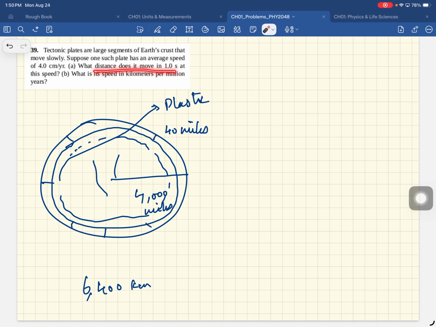All right, so they give you this radius. And so how long does it take for the Earth to go around? One year. Okay, so the speed is distance traveled divided by the time. Okay, 2 pi r divided by, I guess,